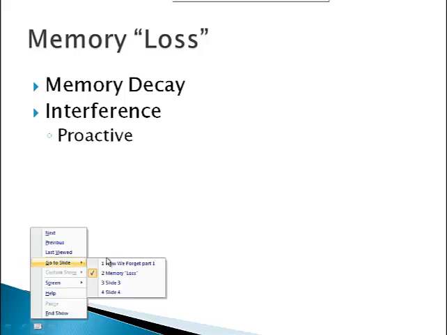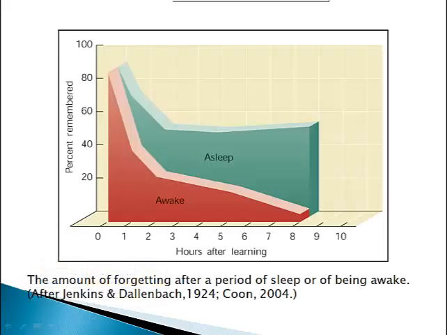I'll go back to that page for a minute before we jump into proactive. It might be that when people are awake, what is happening is that they memorized a list of words, and when you're awake, you're surrounded by words. Okay? You're hearing words, reading words, saying words. When you're asleep, not so much. It might be that when people are awake and they learn these words, other words are interfering with their ability to remember them. The people who are asleep would not run into that.